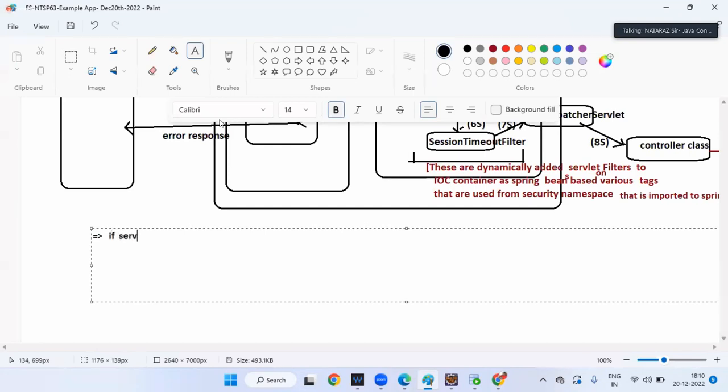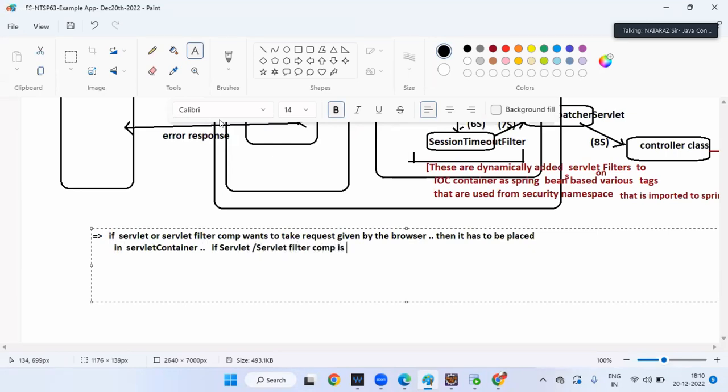Okay. If a Servlet or Servlet filter component wants to take a request given by the browser, then it has to be placed in the Servlet container. If a Servlet or Servlet filter component is generated as a Spring Bean in the IOC container, then as a Spring Bean in the IOC container,